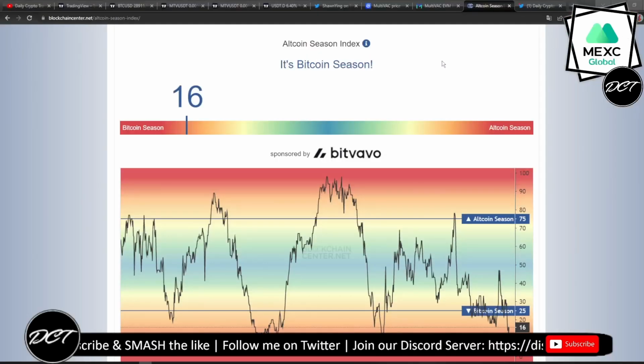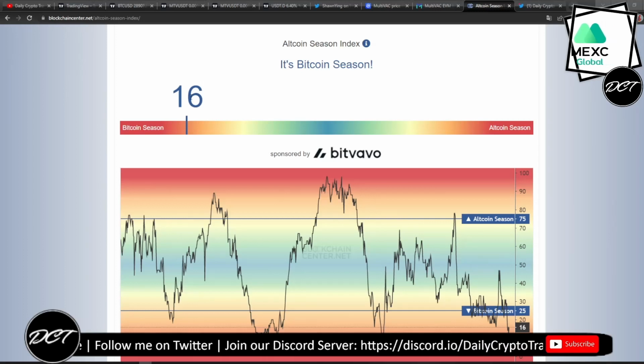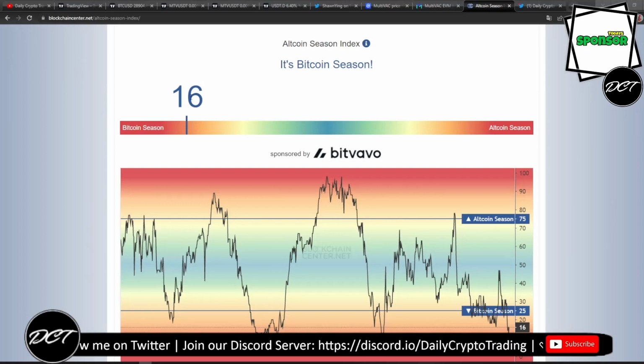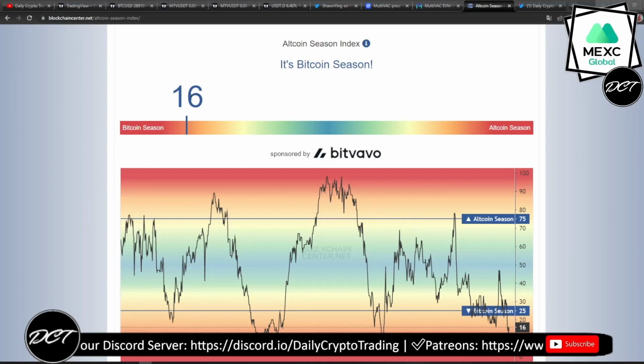According to the altcoin season index, we are still not in altcoin season. We are in a Bitcoin season. I have been religiously explaining this to you, guys, that we are not in altcoin season. A lot of big influencers said we were in altcoin season, altcoin season. I didn't see that at all, because I remember our altcoin season. I didn't see any altcoin season. We didn't have a lot of performers.